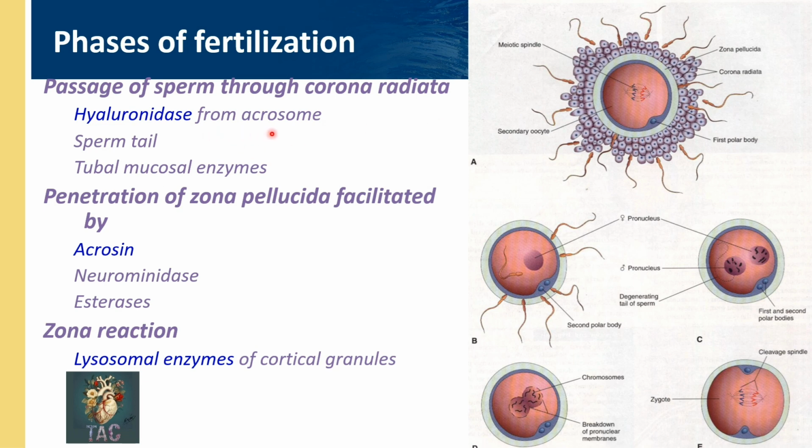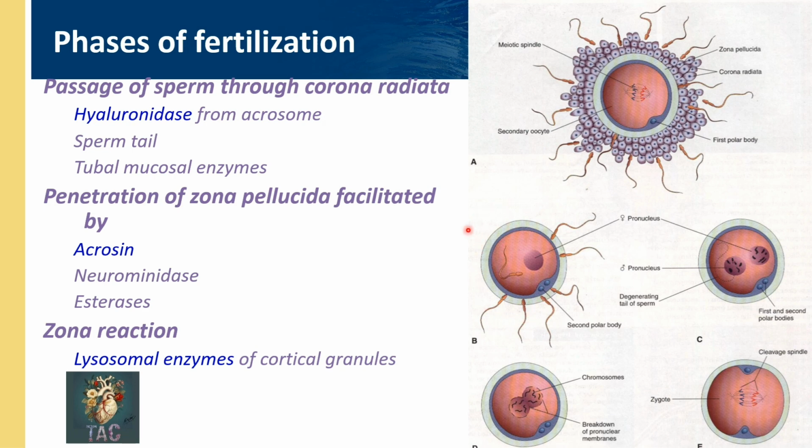Hyaluronidase from the acrosome helps in penetration. The sperm tail motility and tubal mucosal enzymes also help in the penetration. Penetration of the zona pellucida is facilitated by acrosin, neuraminidases and esterases, and then the zona reaction takes place. During this zona reaction, the lysosomal enzymes of the cortical granules of the oocyte cell membrane are released, and these cortical granules alter the characteristics of the zona pellucida so that it becomes impermeable